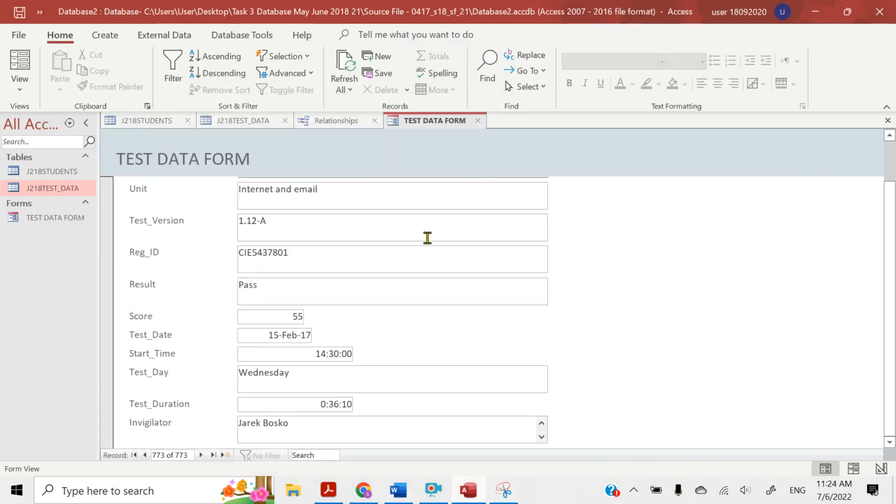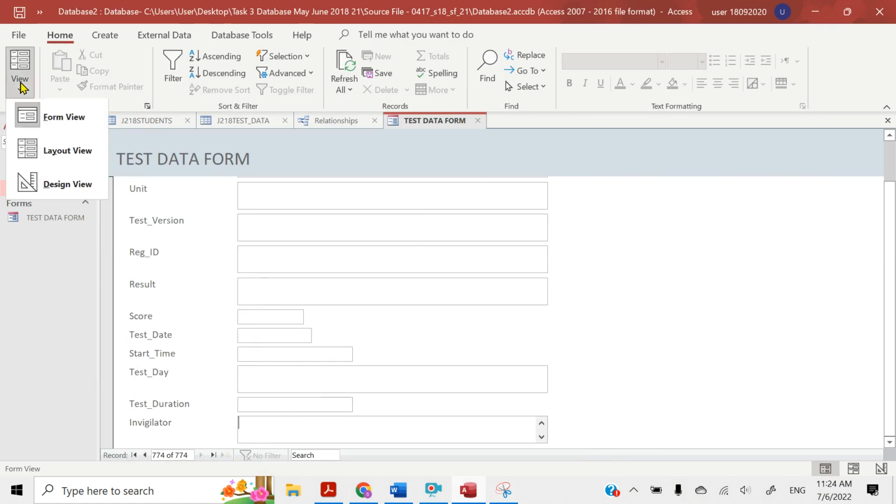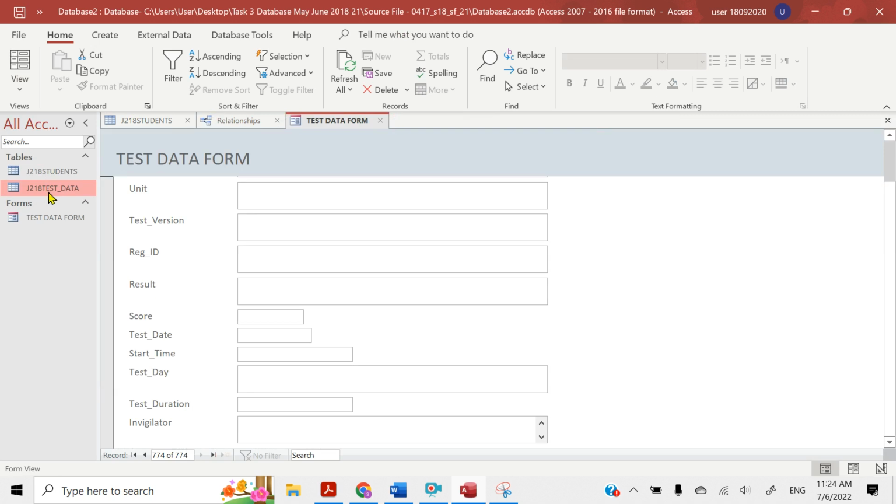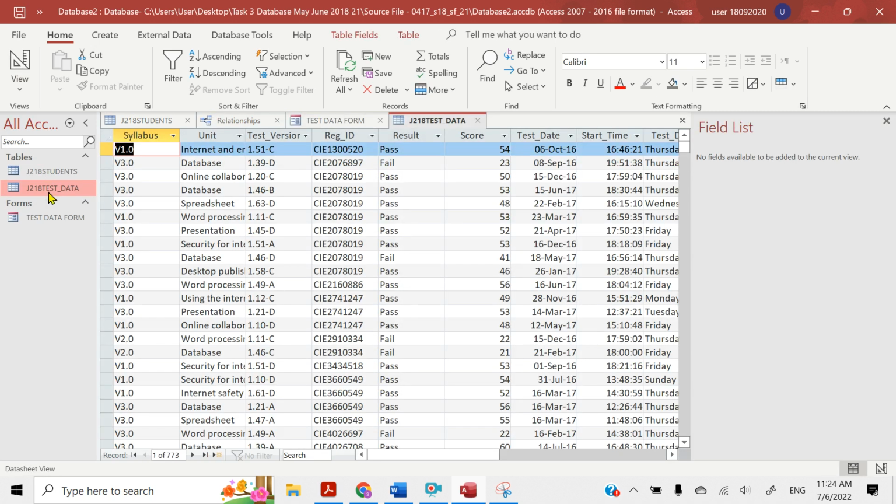Now, to check the data that you already inserted, you can just go to the new record. And to check the new data, the data that you just recorded, you can go to the test data. Make sure you refresh first, so you close and open it back so that we can refresh. Now, to search, you can use the search here and search whether you already inserted the data or not. For this case, let me search with the register ID CIE